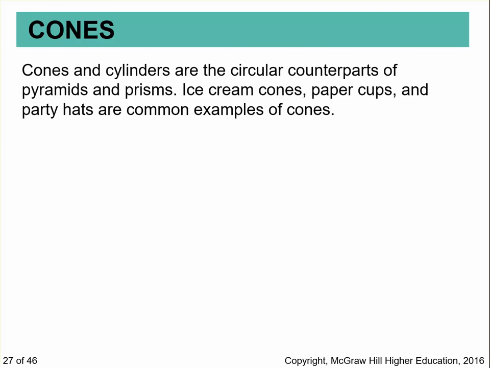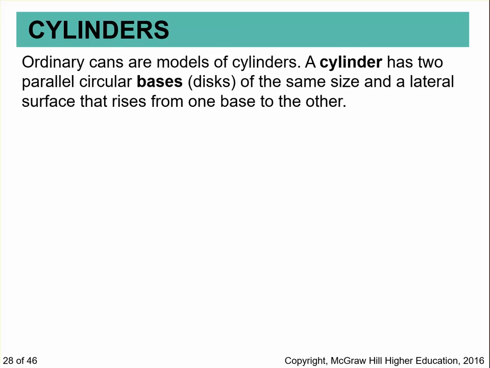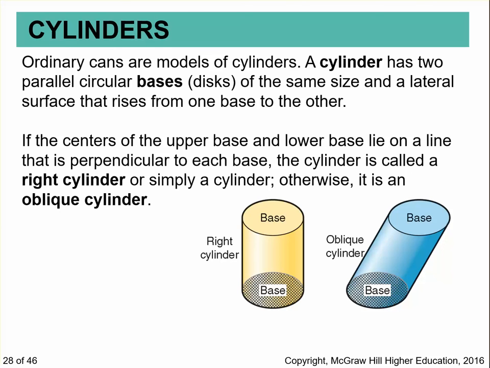Another thing you have is cones. Cones and cylinders are circular versions of pyramids and prisms. So you also have an apex. The base of a cone is a circle. So you can have a right cone, you can have an oblique cone, right? Your vertex is at the tip. Cylinders, you can have a right cylinder, an oblique cylinder,